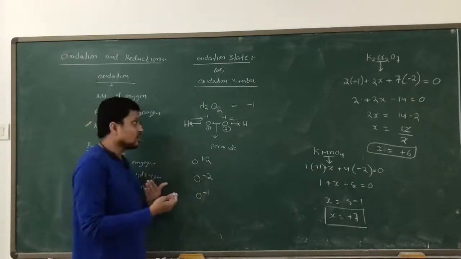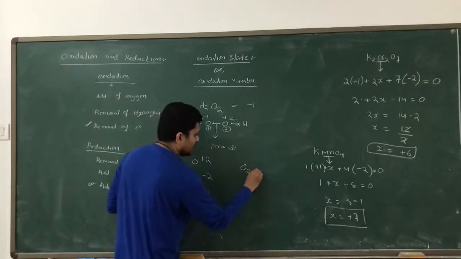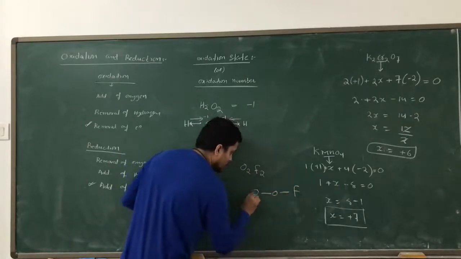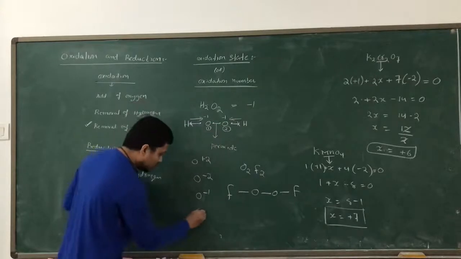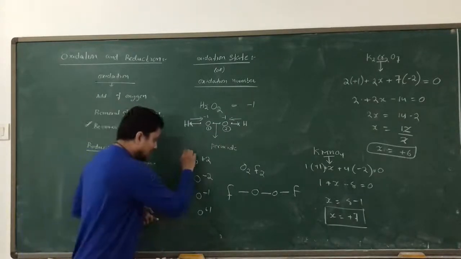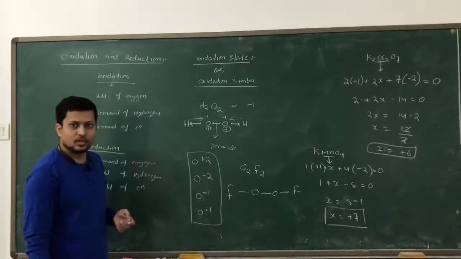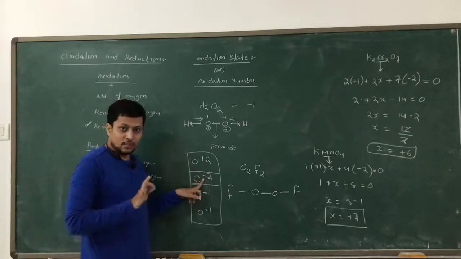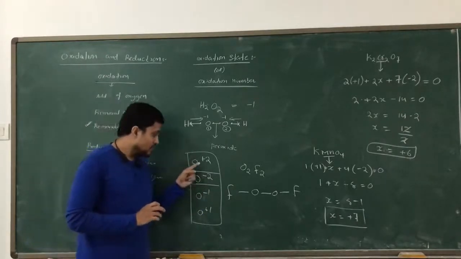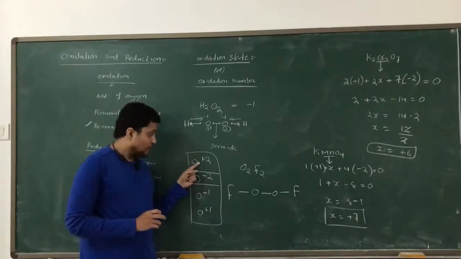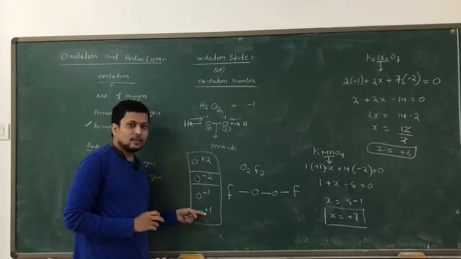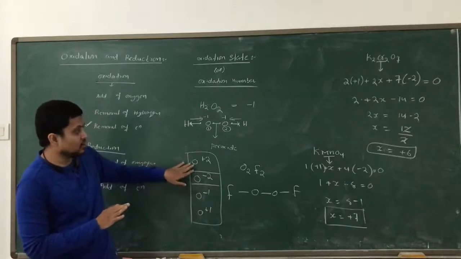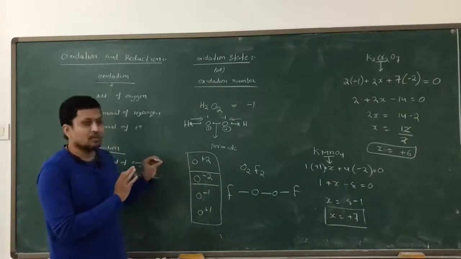Peroxide bond along with fluorine, like the O2F2 compound: if I take O2F2, same oxygen-oxygen bond, in place of hydrogen what we have? Fluorine. That time it will show +1. So these are the things which are different for oxygen. Normally it is -2. This is normal. Every time you are going to get -2 only. But in some cases where fluorine is present, we have the +2 option also. And peroxide bond with fluorine, +1 also. If any peroxide bond with any other atom, then -1. So wherever the condition applies, we should remember those things as well.